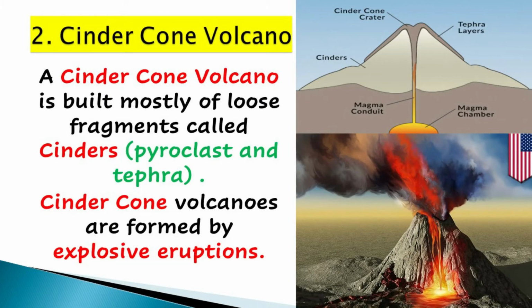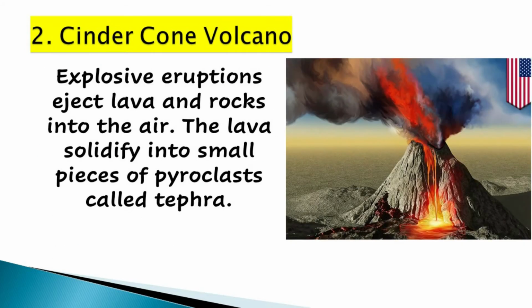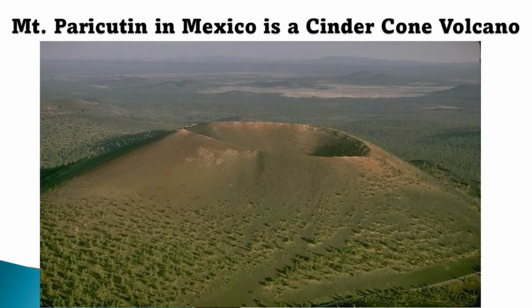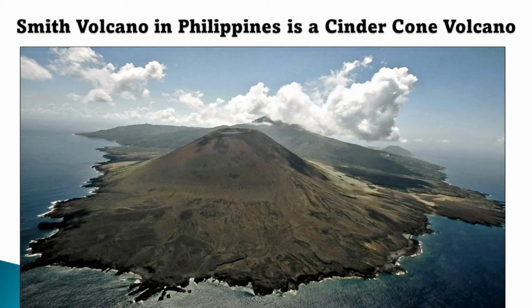Number 2 is the cinder cone volcano. A cinder cone volcano is built mostly of loose fragments called cinders or pyroclasts and tephra. Cinder cone volcanoes are formed by explosive eruptions. Explosive eruptions eject lava and rocks into the air. The lava solidifies into small pieces of pyroclasts called tephra. Mount Paricutin in Mexico is an example of a cinder cone volcano. Ismit Volcano in the Philippines is also an example of